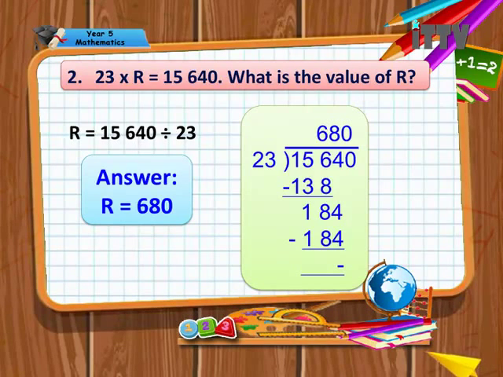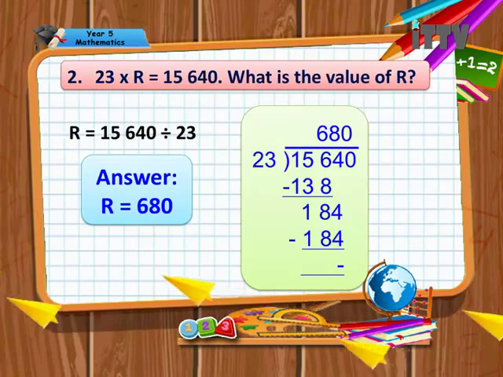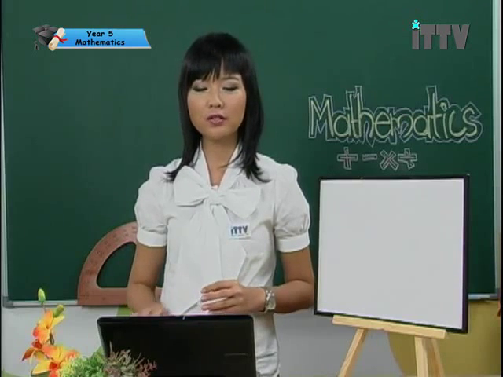If you've gotten the wrong answer, just check the working again. Check against the number that you see on the screen. Did you multiply correctly? Did you subtract correctly? If you have, you should be able to get the answer as 680. Now, the final question that I gave you was